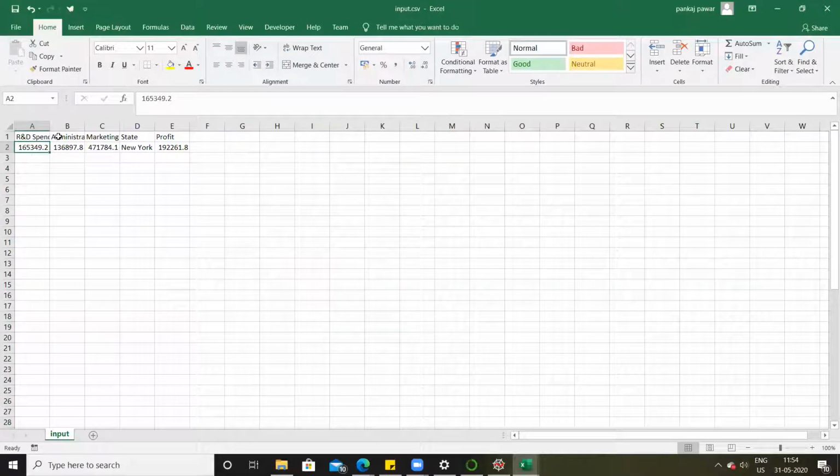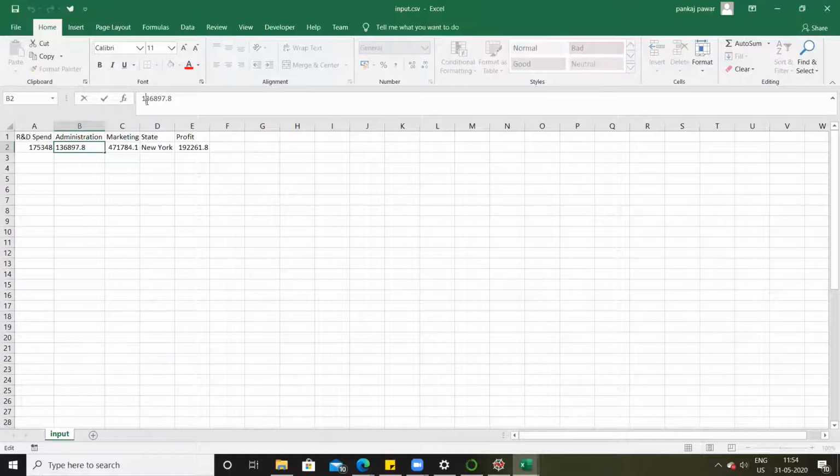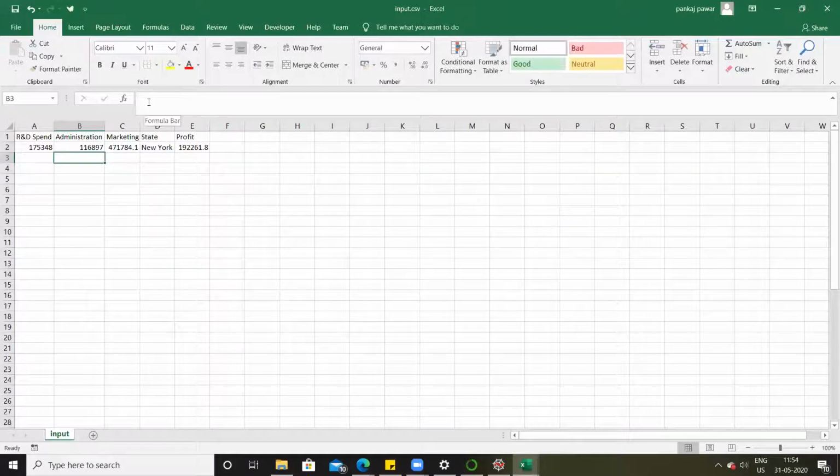And I'll change the values. I'll consider some new company which has spent, let's say, this much amount in research and development. There's a new company which has spent, let's say, this much amount in administration.